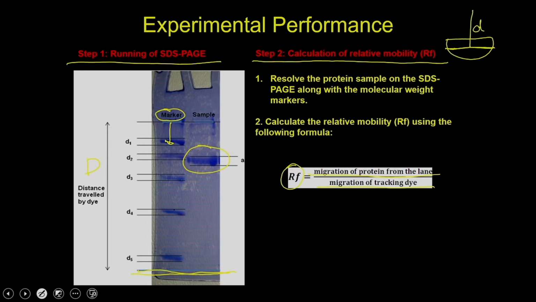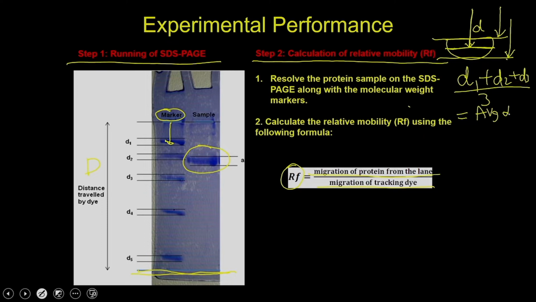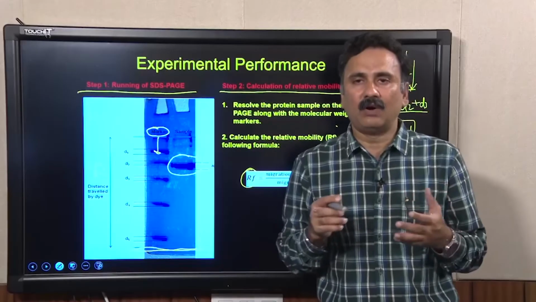The alternate approach is that you can do 3 measurements. You can do one measurement from this point, another measurement from this point, and the third measurement from the center of the band, and that is how you get d1 plus d2 plus d3 divided by 3. That gives you the average distance, average d, and that average d can be used for each and every band, and that is going to take care of the